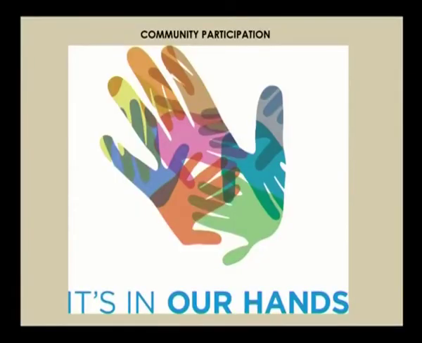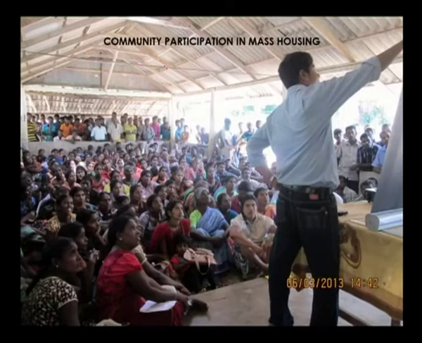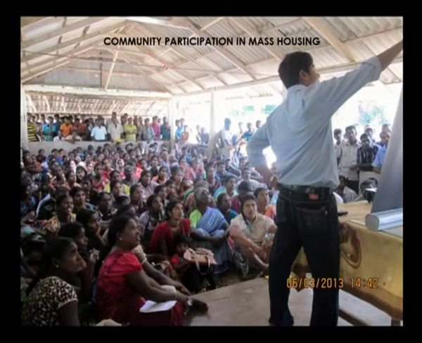So, when every house is designed beyond thinking of what a small shelter is, it grows organically. And this process ends up in something called community participation, which in simple words means it is in our hands. Community participation is a very simple process of involving the community to participate in the design, build and execution of a project.